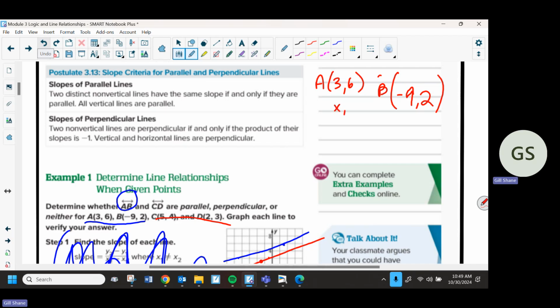All right, that's better. X1, Y1, X2, Y2. Perfect. There we go. All right. So once you've labeled them,